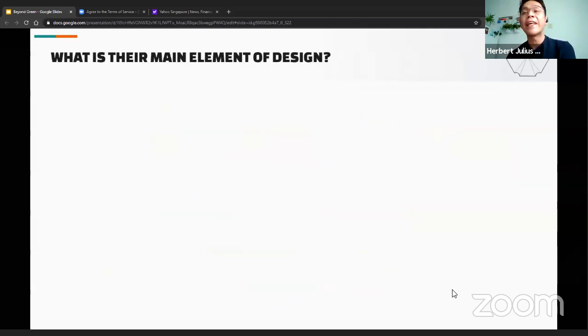Okay, let me go to the second quick question. What is their main element of design? From first year, you will be exposed to a lot of trees, and you'll be concerned with memorizing all their Latin names. But this is just part of what we call the softscape. Obviously, softscape involves trees and shrubs. In my office, I deal with a lot of architects, and they always call it bushes instead of shrubs. But again, softscape is just part and parcel of it.